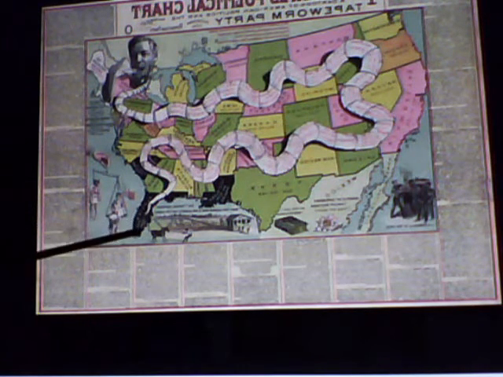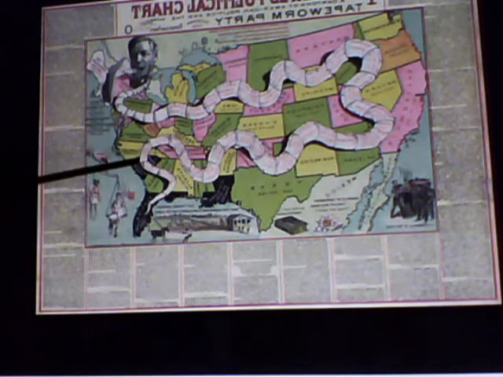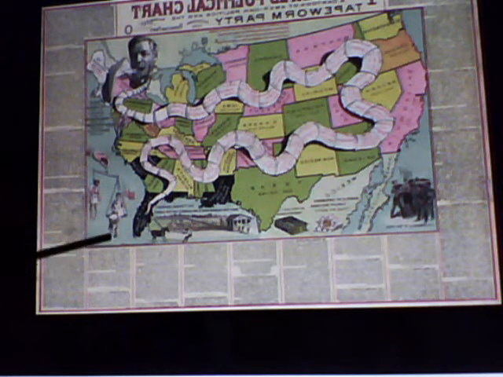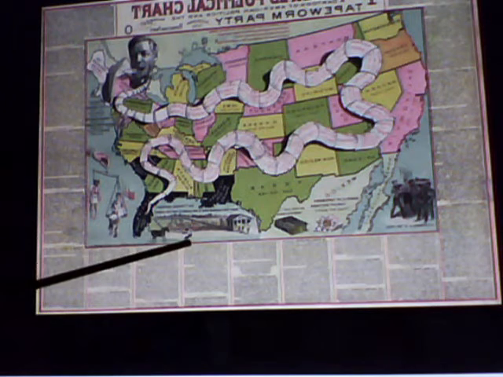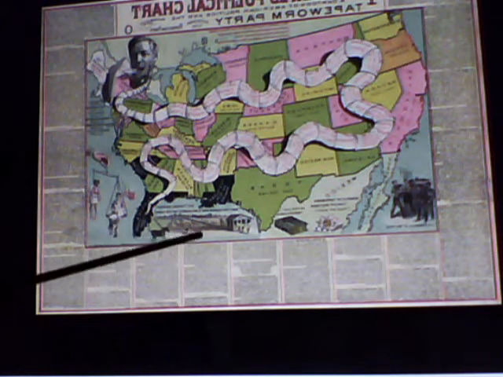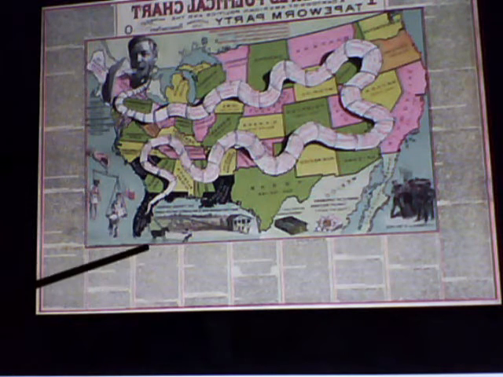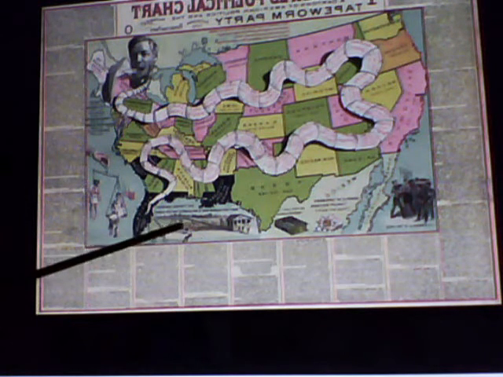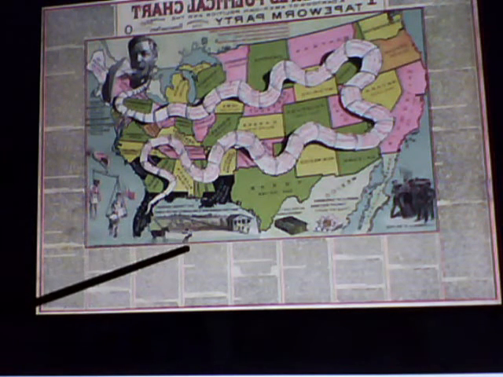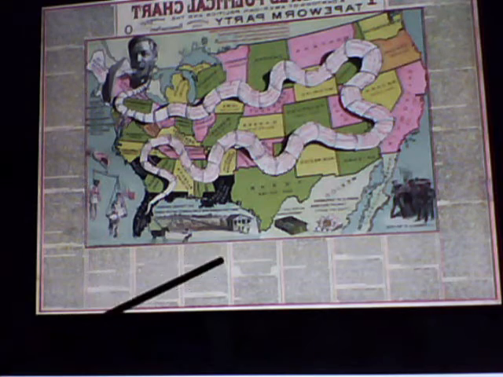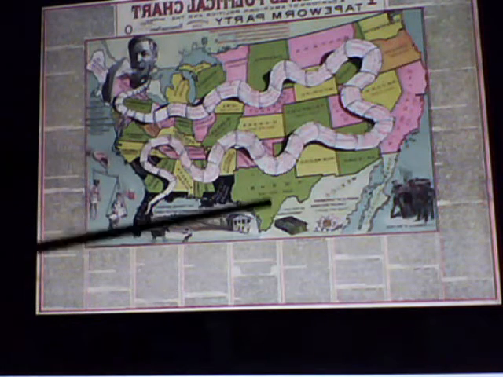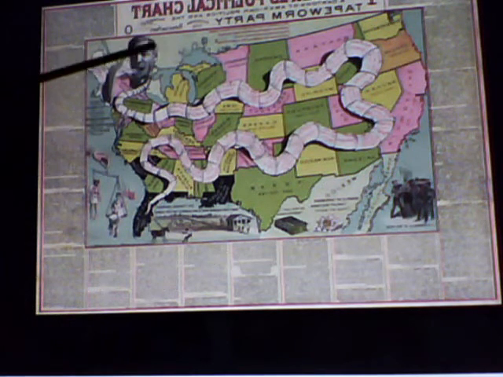So it has part of the tapeworm down in Florida, and then it has all of these areas looking like black areas going up through here. All right, and down here it says no acres. It doesn't say no 40 acres, it just says no acres. So really, what it's saying is no 40 acres and a mule, because it has a black guy pulling his mule. All right, but it doesn't say that. It just says no acres, but it has a black boy down there. I don't know if you can see him right there, pulling the mule. Again, I'll put these images on my Google Plus.